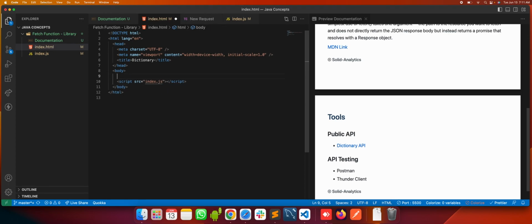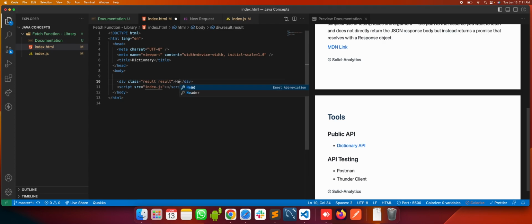Okay, and after that let's create a div element to check whether our file is actually working. We're going to create a class called result and an ID called results, and let's see whether it's working.